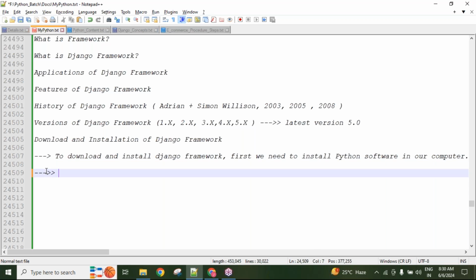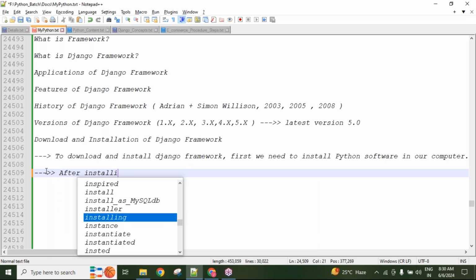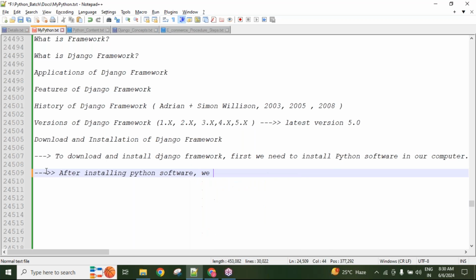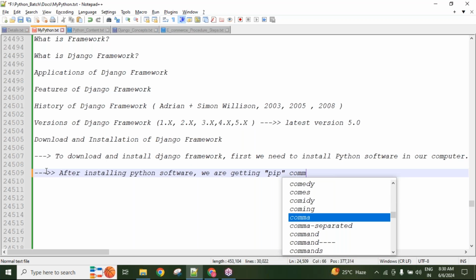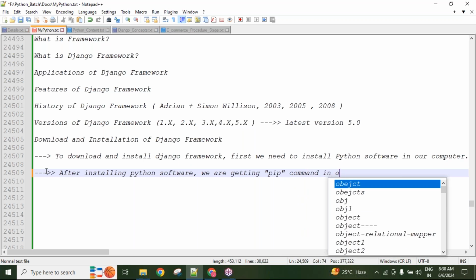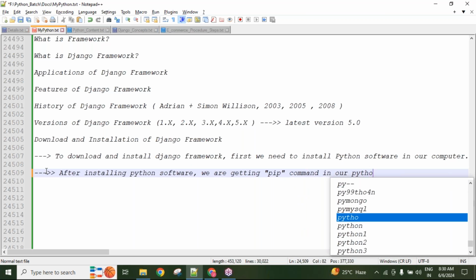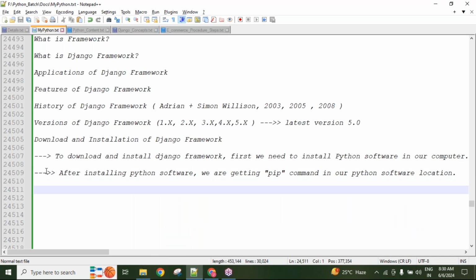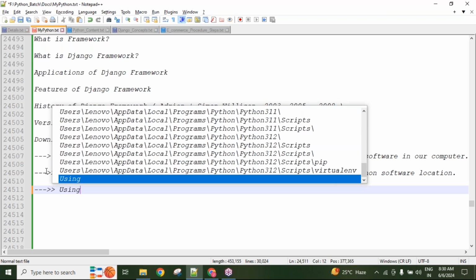After installing the Python software, we get the pip command in our Python software location. So now, using this pip command,